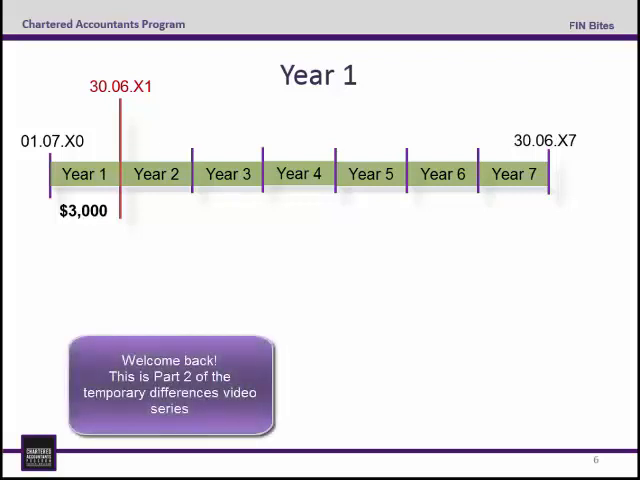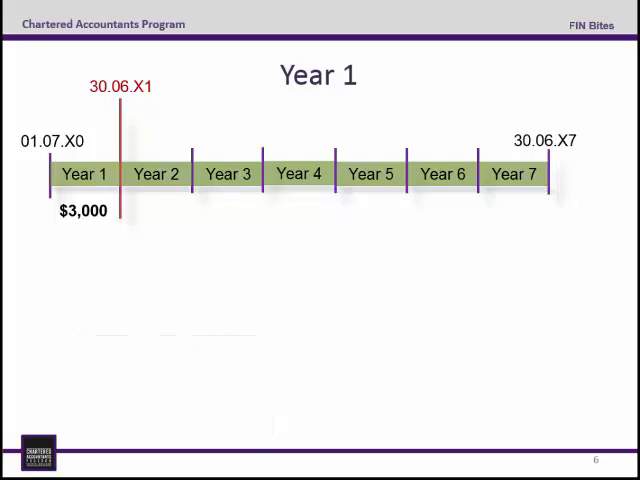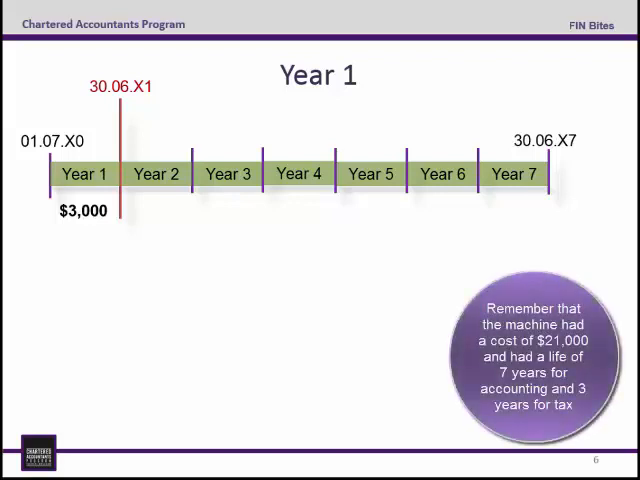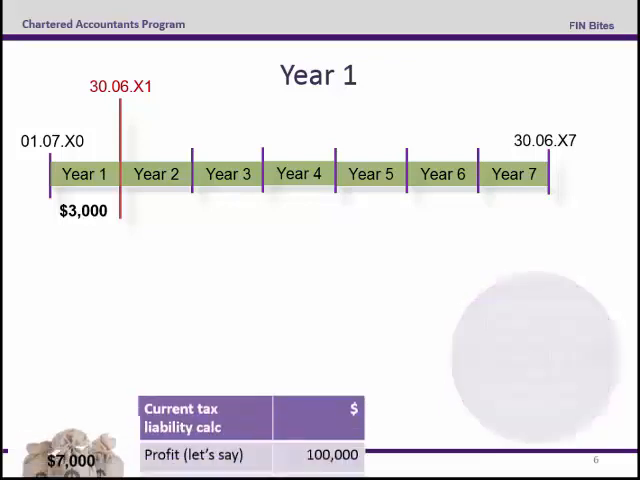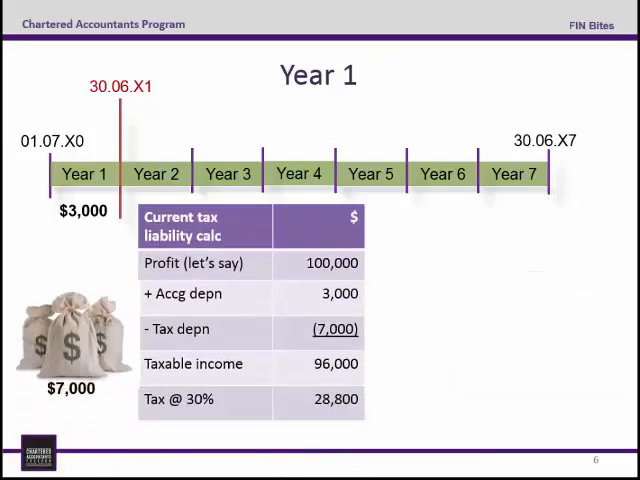So let's have a look at year one in this asset's life. Let's see what happens. So remember, $3,000 in accounting depreciation expense, and we've got a $7,000 tax deduction for the tax depreciation. We'll pop that into our current tax liability calc, and let's just assume that the profit for the year is $100,000. To work out our current tax liability, following the approach that you take in the CSG, we